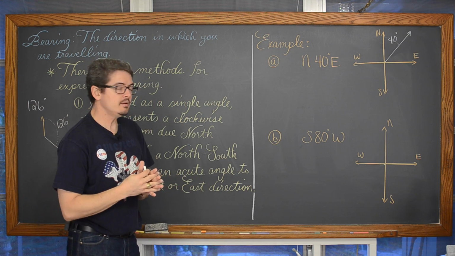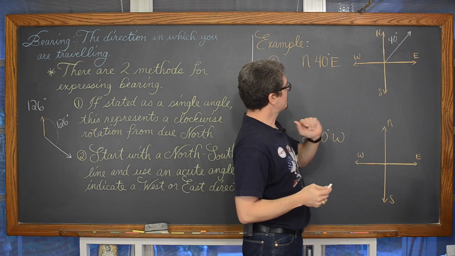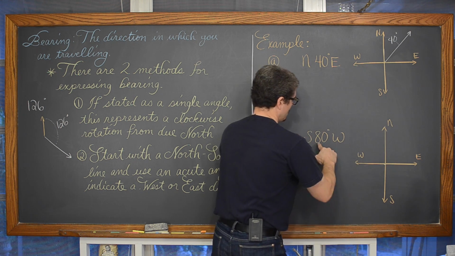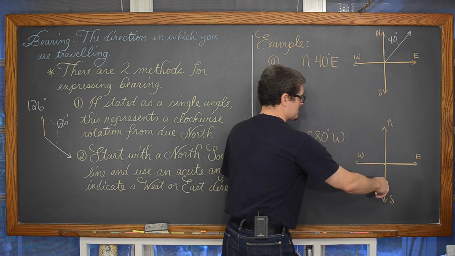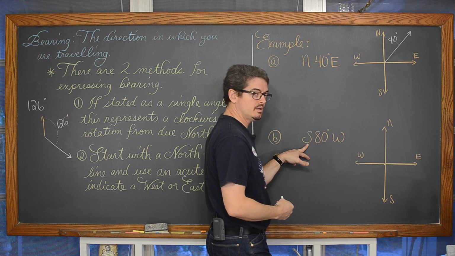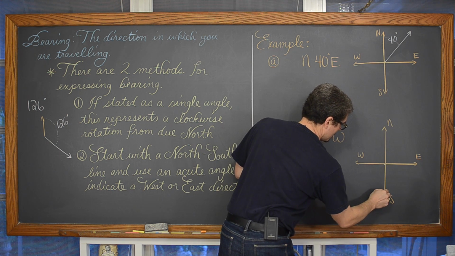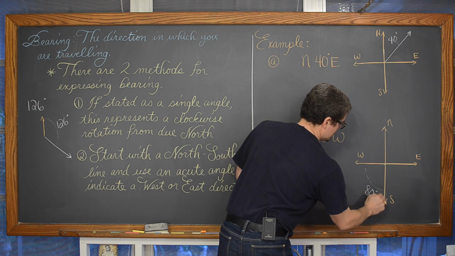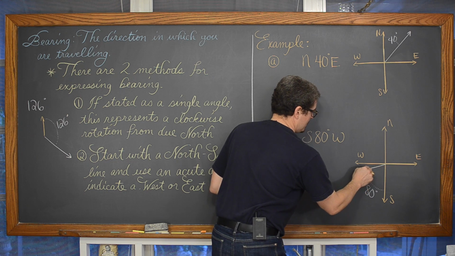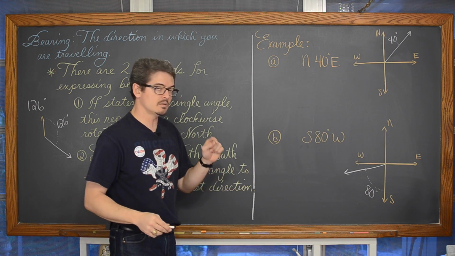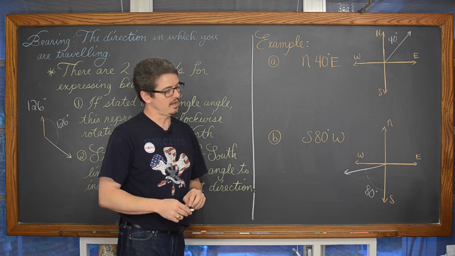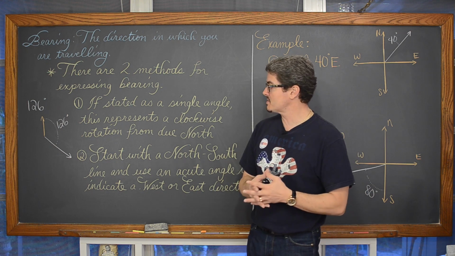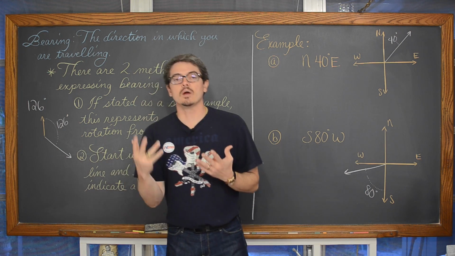South, 80 degrees west. Okay, so from the north-south line, we're referencing south, so we're referencing this sort of downward position, if you will. We're going to rotate, again, that acute angle in a western direction, so we're going to rotate to the left as opposed to rotate to the right towards east like we did here. And, okay, not a very good arc there, but 80 degrees, and a little bit less than 90, of course, and maybe this white ray would indicate a direction of movement in the bearing of south, 80 degrees west. And that is how you look at a bearing notation, a bearing angle, and you set up an indication of direction in which you're going to move.